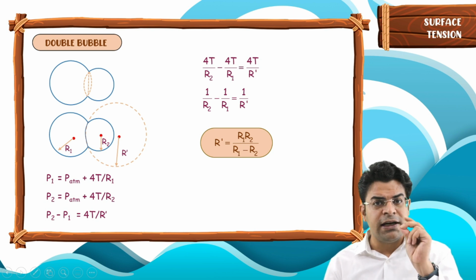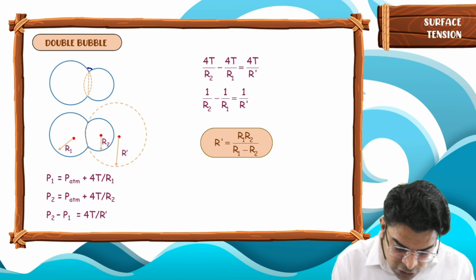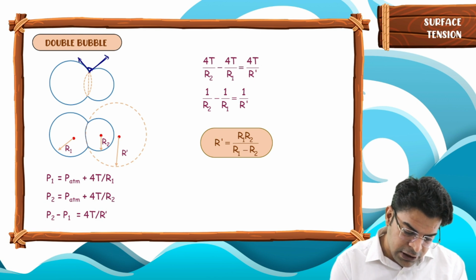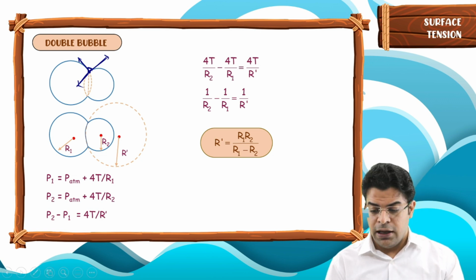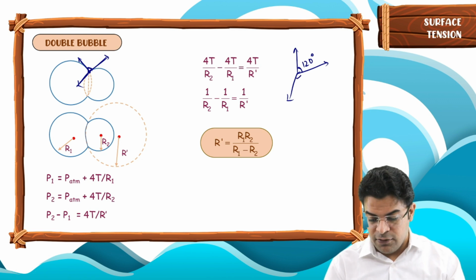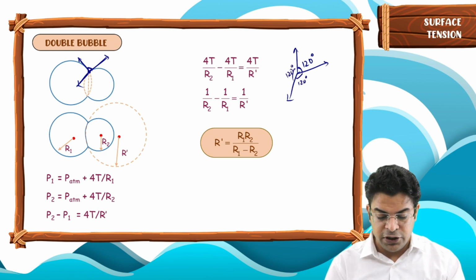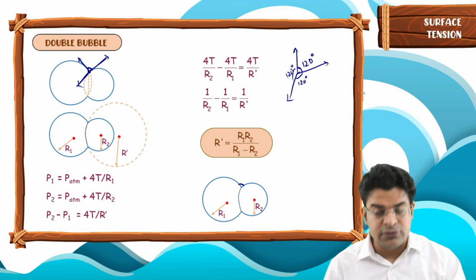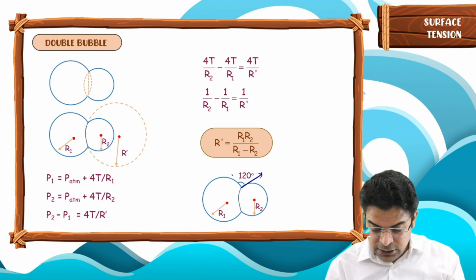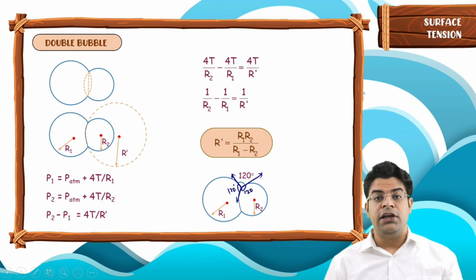Now one more question gets asked: what is the angle here? Understand that at all three places, if you just visualize this point, the forces have to be the same. If three forces of the same magnitude add up to zero resultant, then the angle between the forces has to be 120 degrees. That's why this angle will be 120, this angle will be 120, this angle will be 120. So the angle at the interface between the surfaces comes out to be 120, as the magnitude of force is the same. Forces acting at the same angle of 120 cancel out each other.